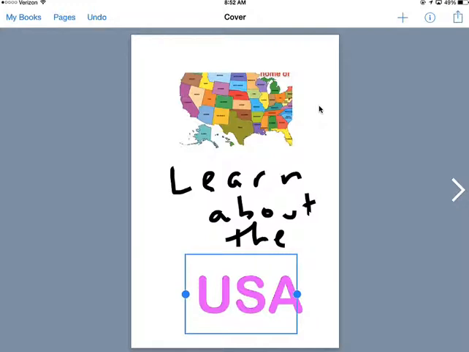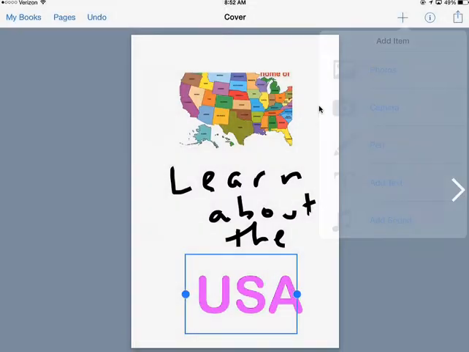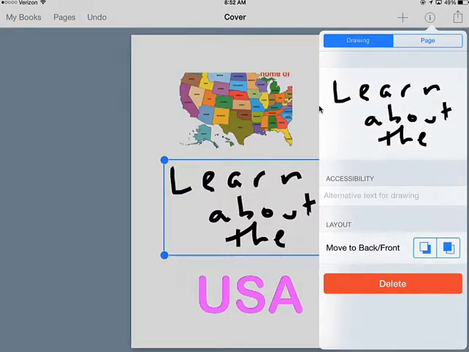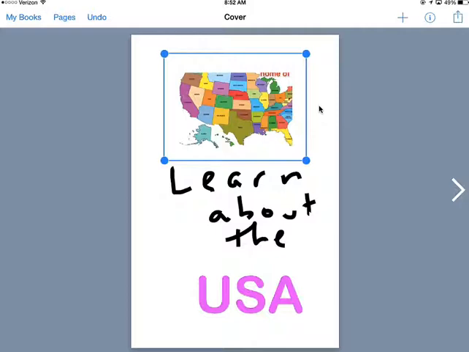So to review, you add with the plus symbol, and that's where we add a picture, a pen drawing, text, and coming soon, sound. But once you add, you modify. Maybe that I stands for I want to modify. So learn about I will go to the I, and I don't have too many choices here. I can delete it on the bottom. If I have layers, I can move it to the front or the back. So there's not too many options there. With the map, I have a few more options. If I go to the I